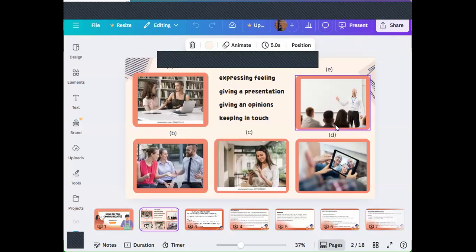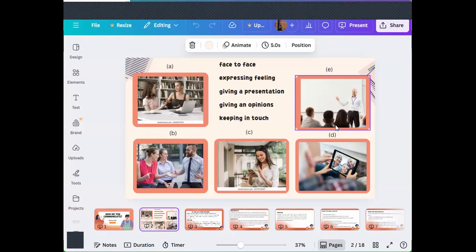Picture E, the exact answer, is giving a presentation, all right? Giving a presentation. Also, it can be giving an opinion, right? Like a motivational speaker, standing in front of us and giving some kind of opinion about what we should do or shouldn't do. This kind of communication can also be giving an opinion, but the exact answer for picture E is giving